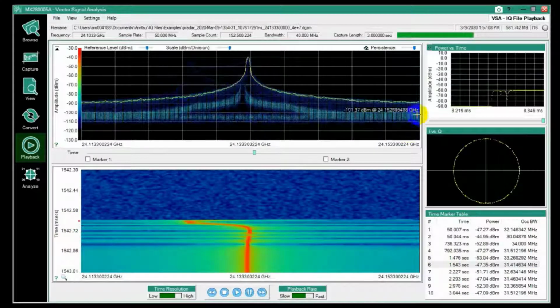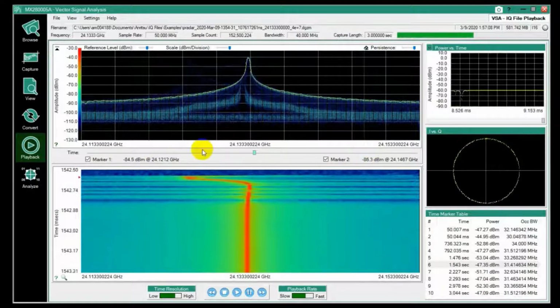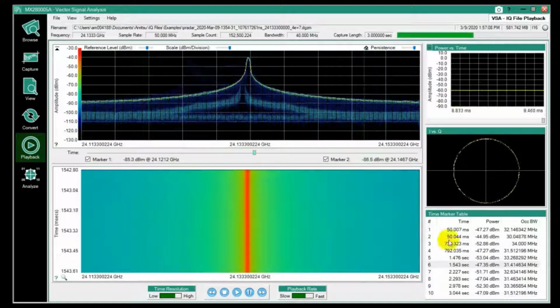And that's basically the playback. I have a lot of fine control on the resolution, both in time and in frequency. Playback speed, I can watch the power versus time. I can jump ahead quickly. I can set markers in time or in frequency up here, and those values are shown, and as I play, there are power levels that are indicated. So a lot of normal playback things you'd expect,